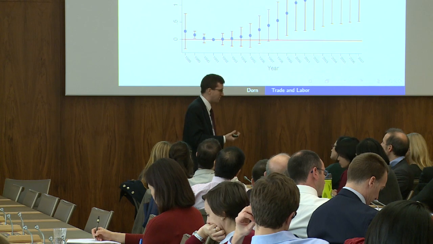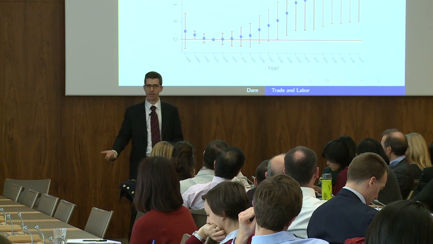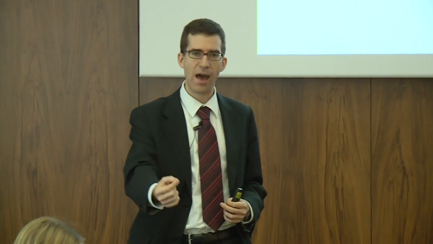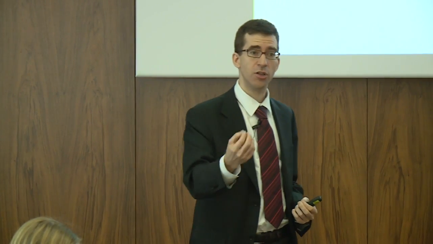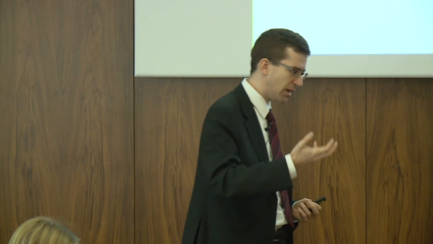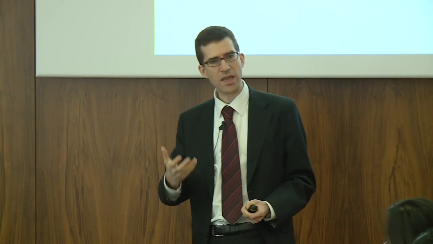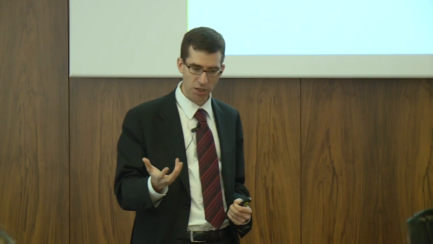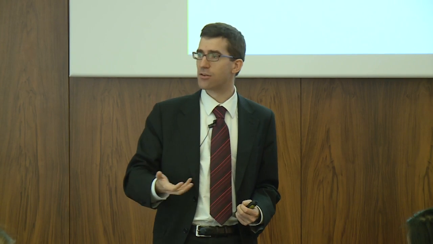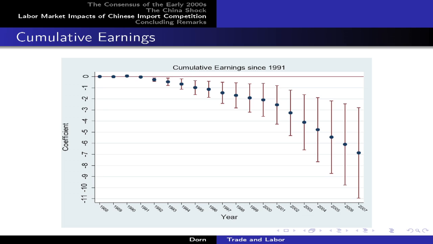Also quite surprisingly, we found that there is very little evidence that these trade-exposed workers become more likely to go to another geographic location for work. So overall, there seems to be a fairly strong persistence, with workers just not reacting very fast to these changing conditions in the labor market, and therefore also, as the next slide shows, accumulating considerable losses in their lifetime